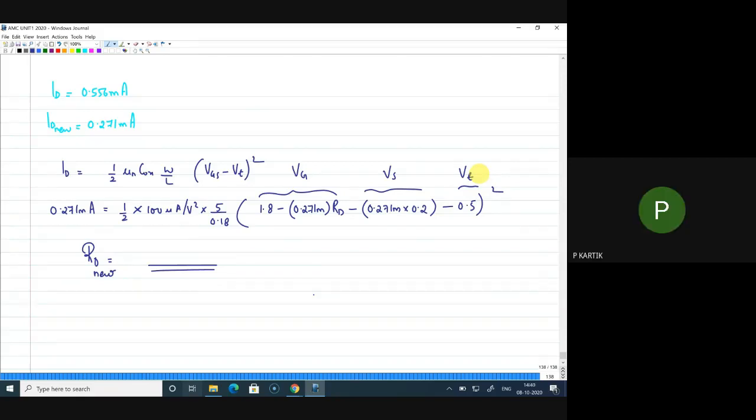Sir, one doubt. Instead of using that equation, can't you apply KVL for that one straight branch and get it? You have the current ID and you only need RD. From 1.8 to 0, you can use KVL and get it. Okay, I think that is also possible. Will you get a different answer if you do that? I only did that and I got 6.23 kilo ohms. Can you check again? 6.23 is not the answer. Okay, sir, I'll check. Please check whether you are getting the same thing.